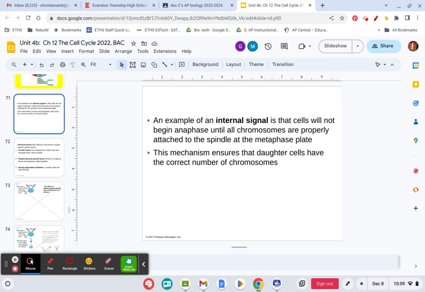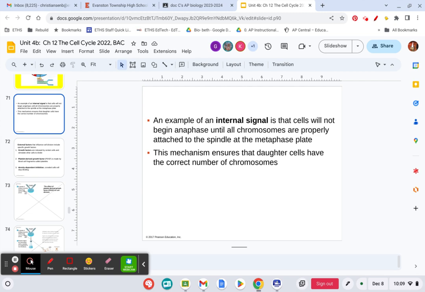And this is where there's internal signals going wrong. An example of this might be during metaphase of mitosis, spindle fibers are supposed to attach. And if they do not attach properly, when the sister chromatids get pulled apart, they may not be pulled apart properly. If one spindle fiber doesn't attach, it could mean that both sisters get dragged to one cell rather than being split apart.